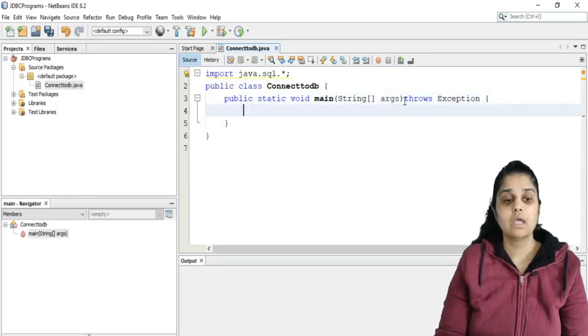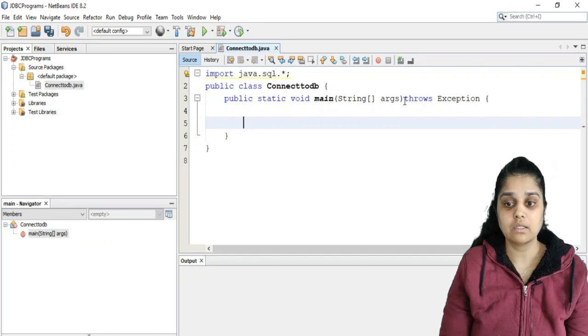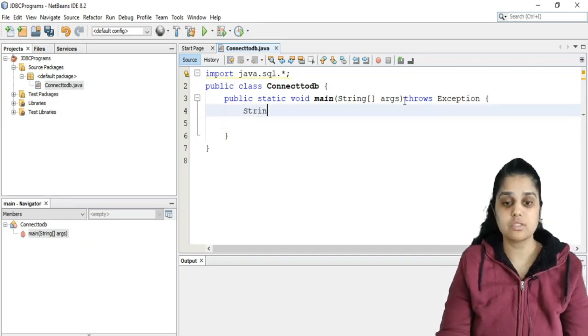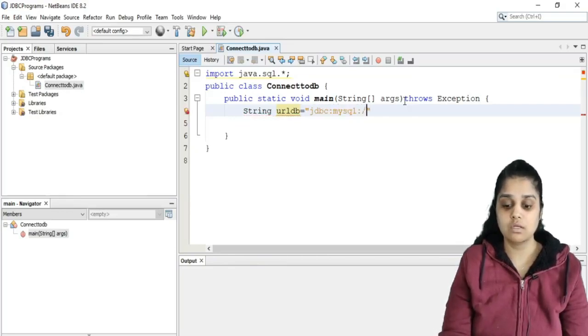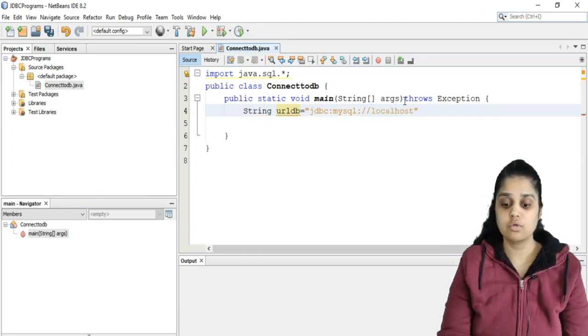Under this I will first write the path of my database. String URL of the database. Now your database URL is given by jdbc:mysql:. The database is residing on this computer itself, therefore localhost.